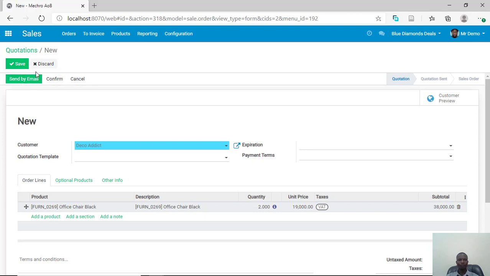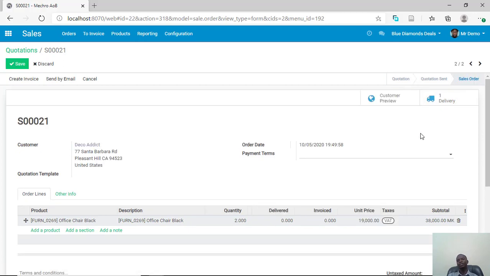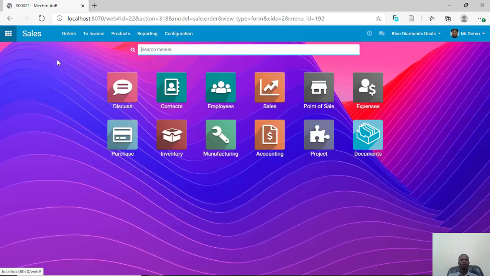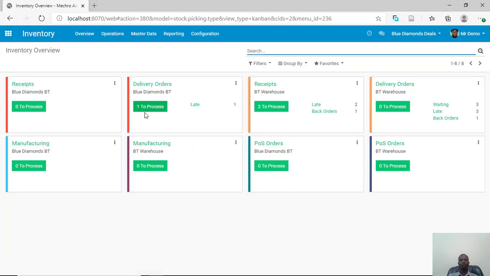I'm going right away to confirm this, so it changes from quotation sent to sales order. So as you can see here, there is 1 delivery that has been created. This delivery has been created in our inventory. If I go back to the inventory, you will see there is 1 order to process here, and this is the order that we have to give out 2 office chairs to